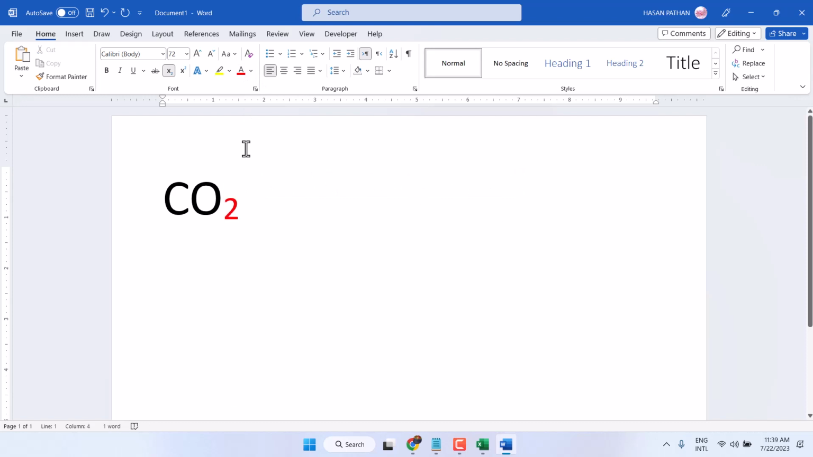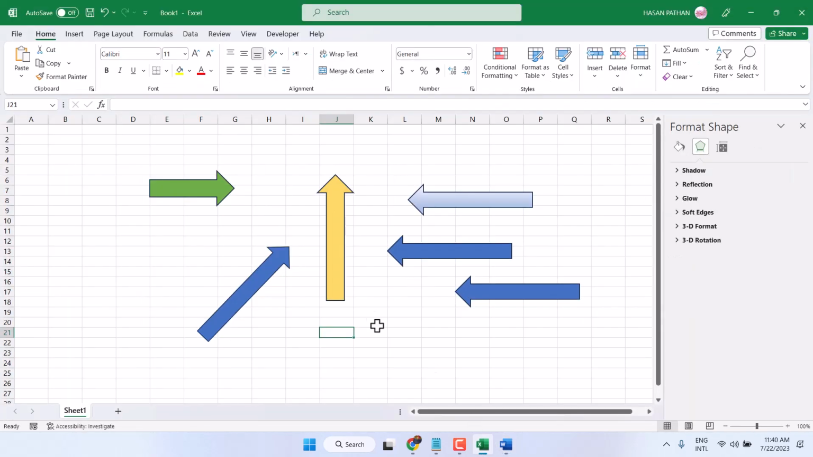The method is the same in Windows and Mac. You just have to select subscript here. So this is Microsoft Word. In a similar way you can